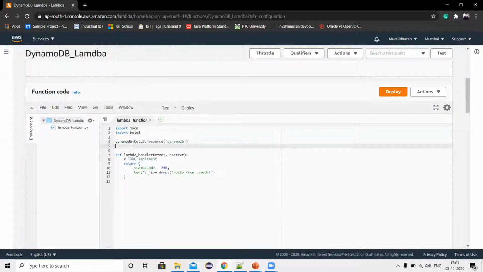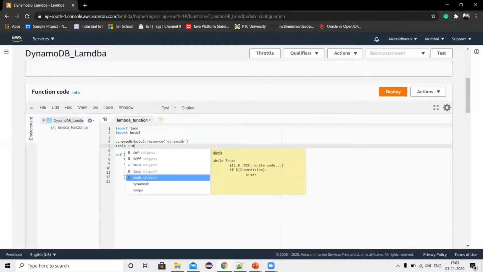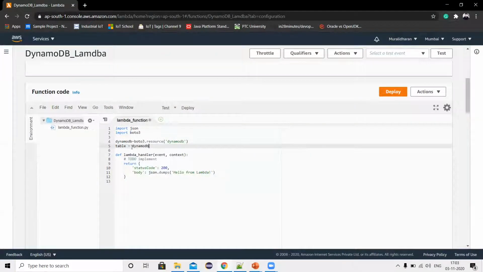Again, I have to get the table, because all the data is in the table. dynamodb.Table, and there we provide employee as the table name. So this is the table name, and here I'm fetching the table.